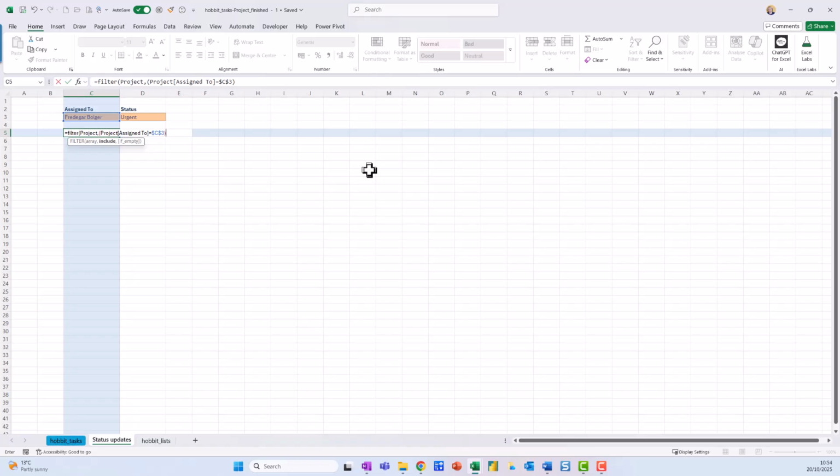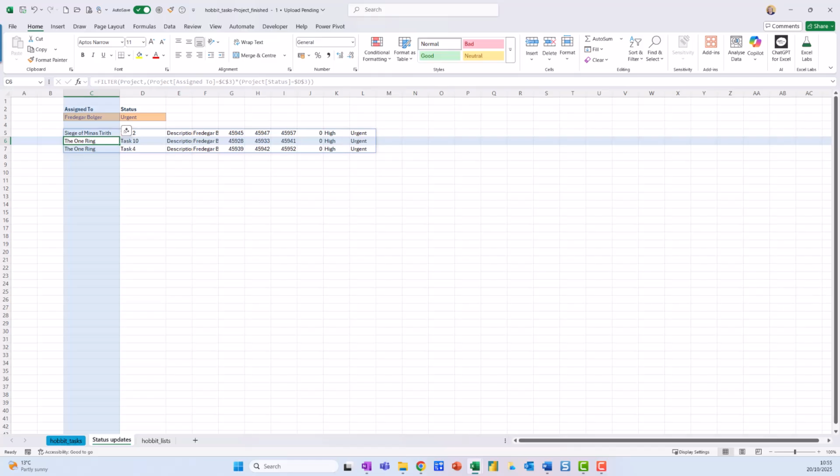Okay, so close the bracket. So I need to put in the multiply sign. Okay, open this one. Okay, and then I can just say if project, this, I'm going to say status, this one is equal to urgent, F4, and then close my brackets, and then close my brackets again. Okay, so you can see there straight away, it has actually come up with a list